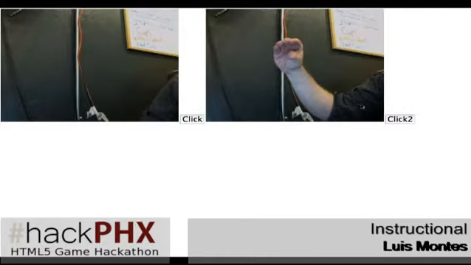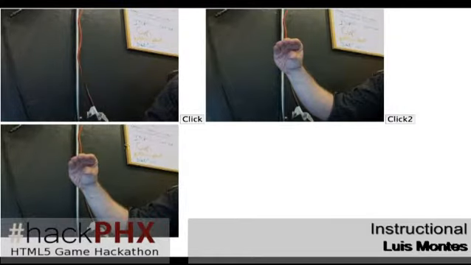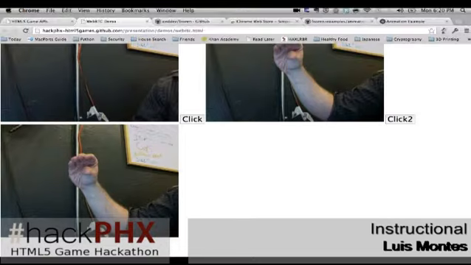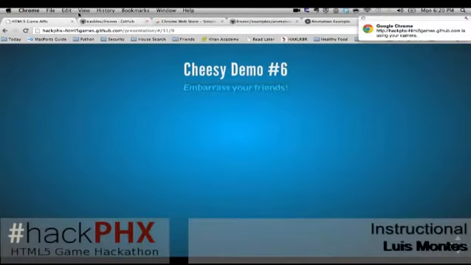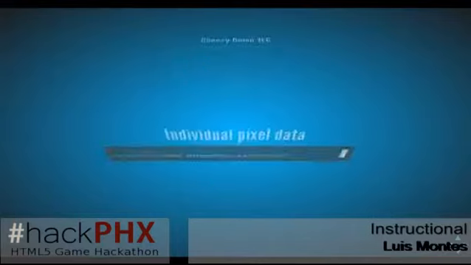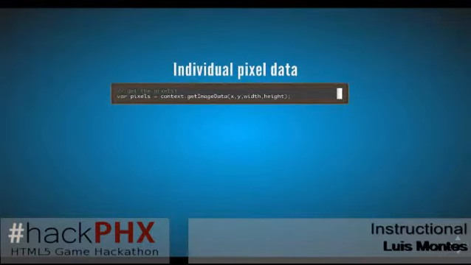Okay. What would we want to do with that? Well, maybe for a game, or for whatever reason, if we have some image data, maybe we want to do stuff with the individual pixels. Because what is a bitmap? It's just a big two-dimensional array of colored pixels. Well, we have a way now to get each one of those values using HTML5. So any image that we put into a canvas, we can then get all the image data from that canvas.